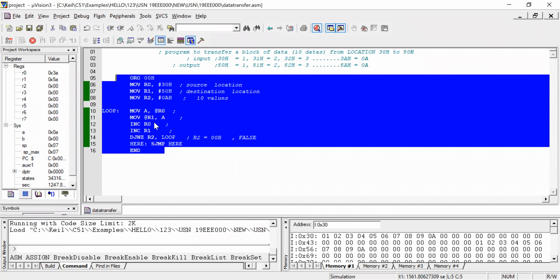So now you can understand how the data is transferred from one location to another. And also you have seen how to open a file, how to save the file, how to link the file with target, and how to execute and compile the file. I think now you can understand everything, right?